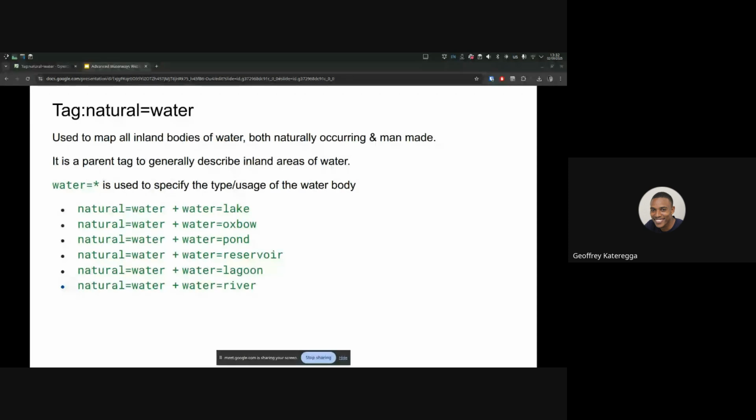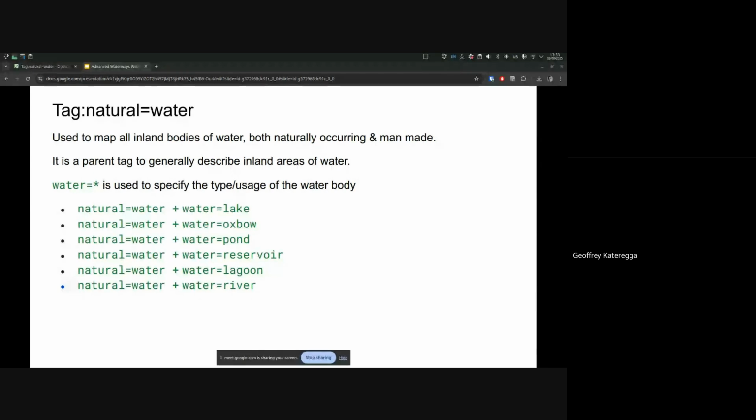Yeah, so we are going to be discussing the natural tag that is used for mapping waterways. I'll be using some slides, but also switching between the slides and JOSM. So we do use the natural=water tag to map inland water bodies that are both naturally occurring and also man-made. So that is important to note. Just because the tag is natural=water, we don't use it only on natural water features, but also those that are man-made. What it really